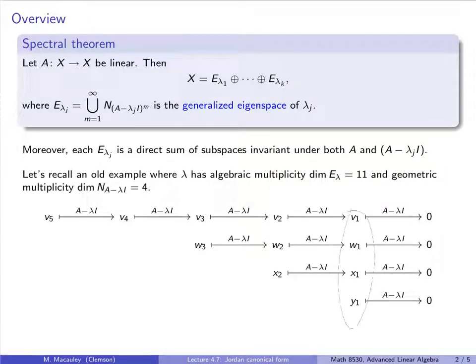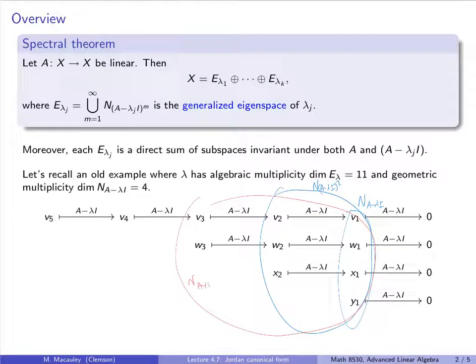So here, the null space of A minus lambda I is spanned by those 4 vectors. These 7 vectors span the null space of A minus lambda I squared. These 9 span the null space of A minus lambda I cubed, and so forth. And so when I say that this is a direct sum of subspaces invariant under A and A minus lambda I, I am specifically speaking about these rows. So that 5-dimensional subspace, the one spanned by these, is invariant under A and A minus lambda I,